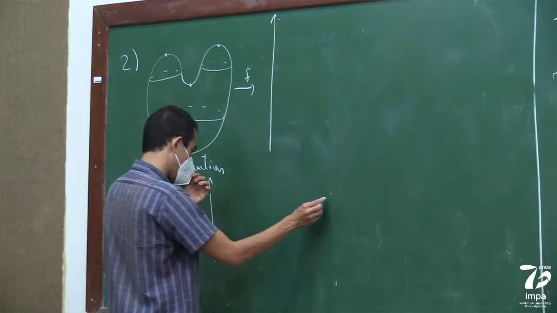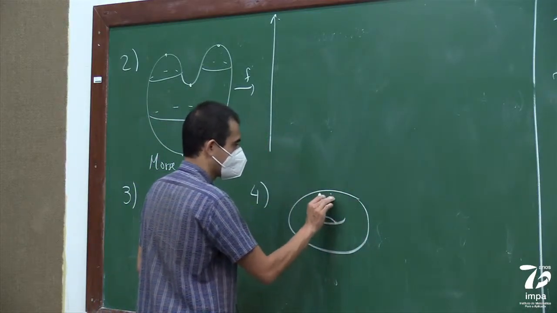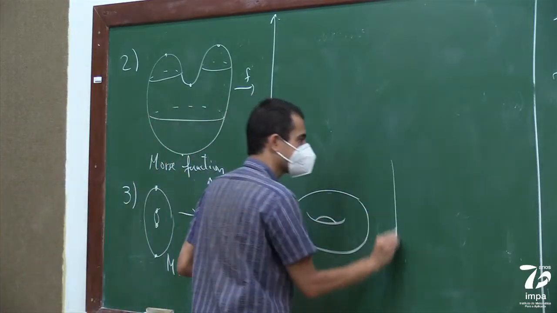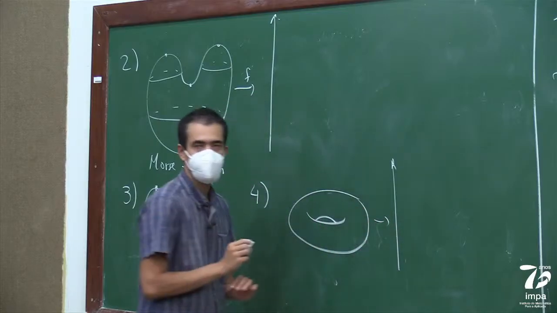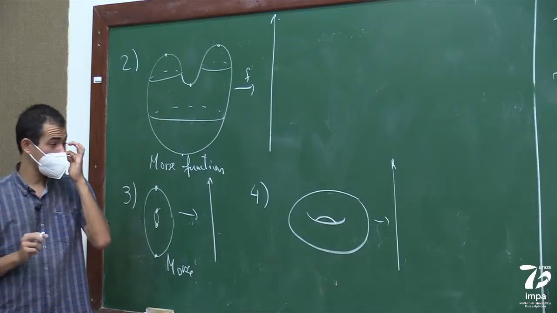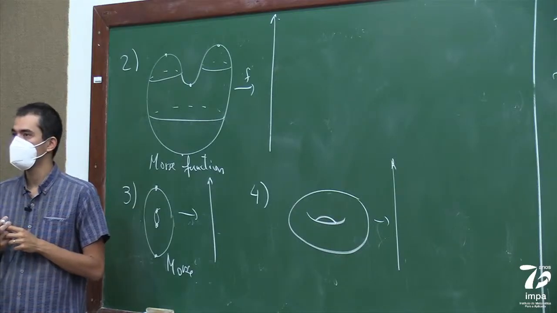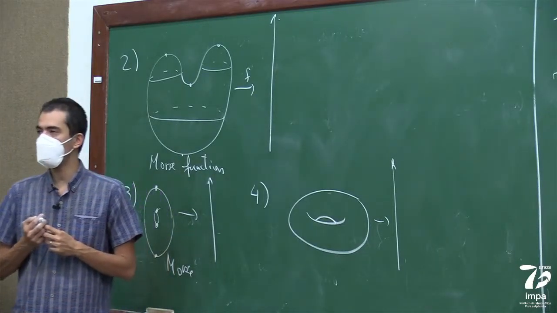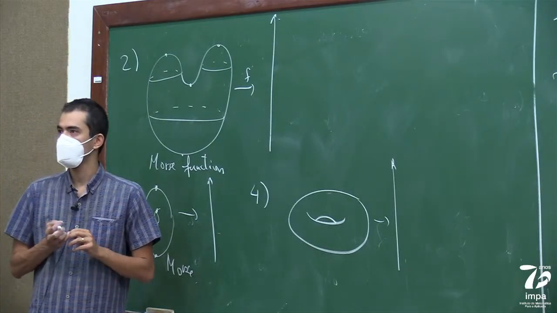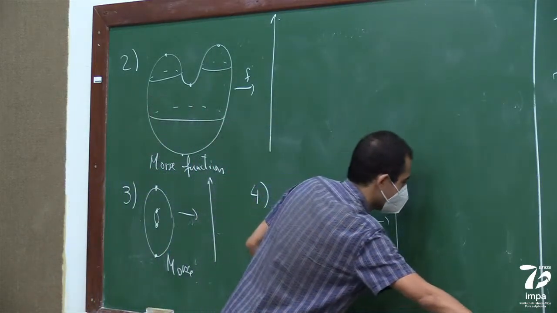So maybe 4 is a non-example. If you take your torus laying horizontally, and again you always look at the height function in R3. Then over here, what is the singular locus? So what are the critical points? You see that the points where the function attains the maximum and the minimum are always critical points. But here, the maximum is attained on a whole circle. And the same thing for the minimum.